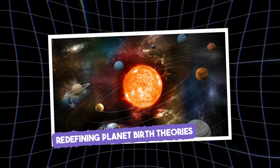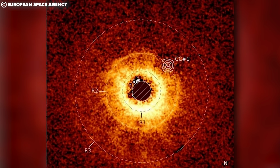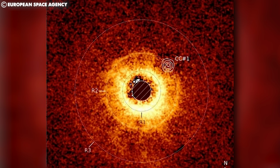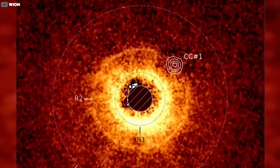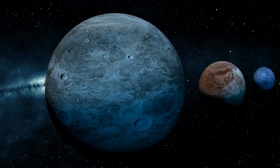Redefining planet birth theories. The discovery and direct imaging of Tyubuye 7b offer a rare opportunity to refine our models of early planetary formation. Because Tyubuye 7b is only about 6 million years old, it represents a very young planet, still in the midst of its developmental stages. The new planet is young, only about 6 million years old, and about the same mass as Saturn in our own solar system. Observing such a planet gives astronomers valuable data about the conditions that exist during the earliest phases